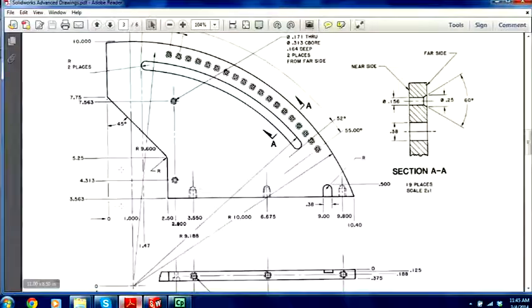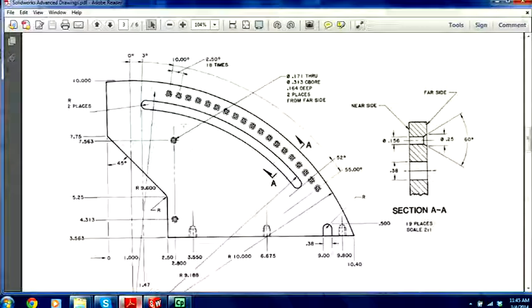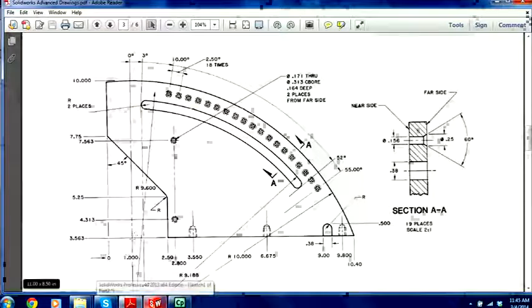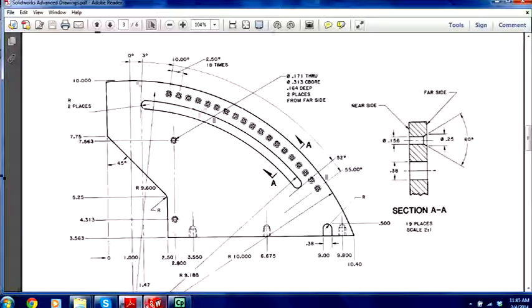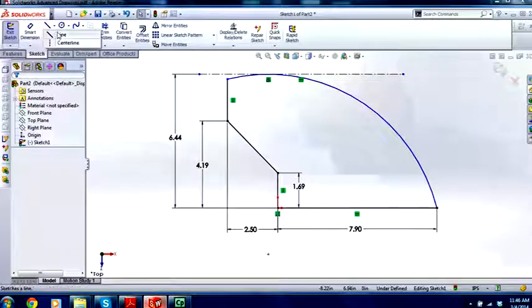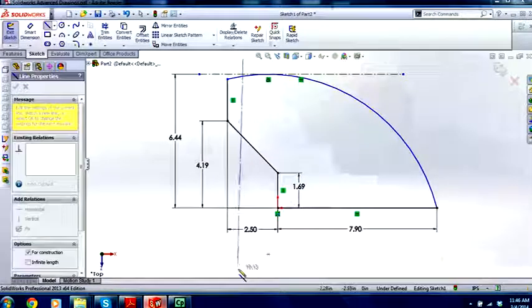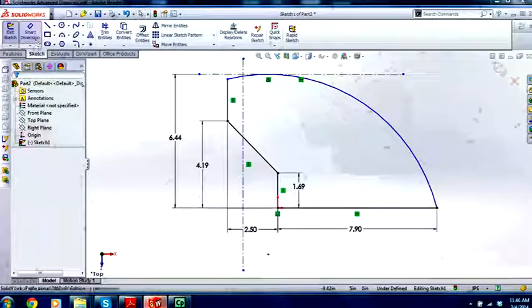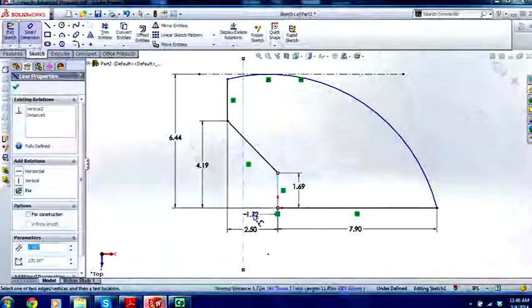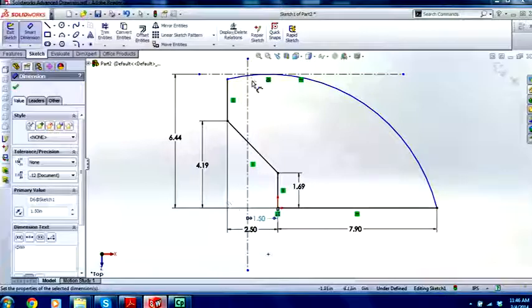Now, let's go back here and have a look. Now this is kind of weird. Okay, 0 degrees is there, 1 inch. So let's go 1.5 over and draw a construction line. Let's go over, draw a center line. Let's make that vertical like it is, and we go 1.5 from there to there. And that's where